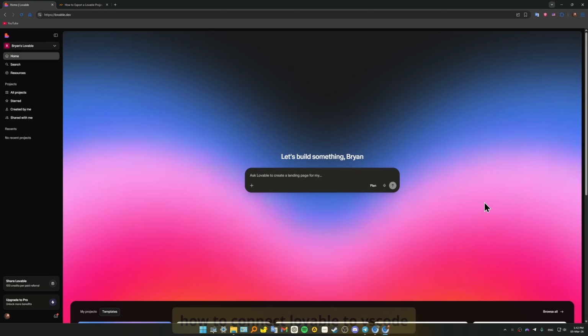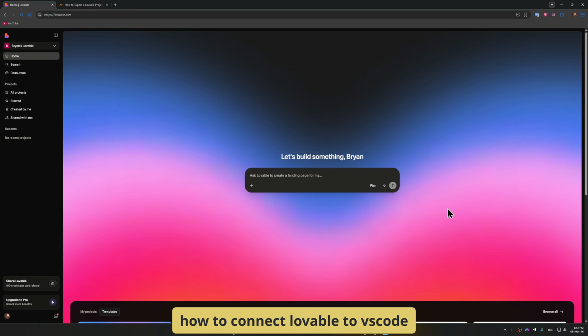Hello guys, so if you want to integrate Lovable with Visual Studio Code for seamless coding, here's exactly how to